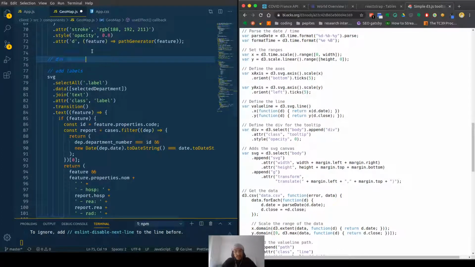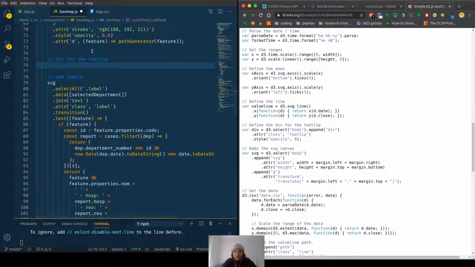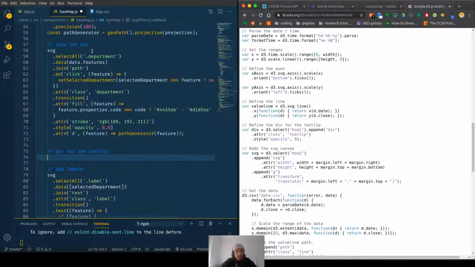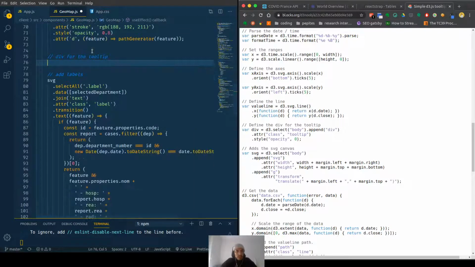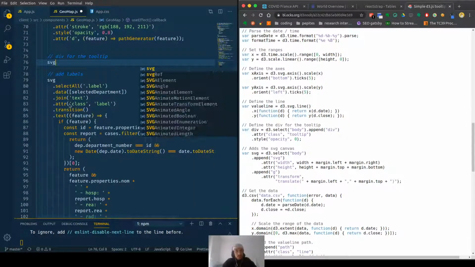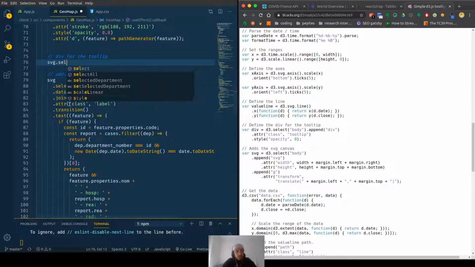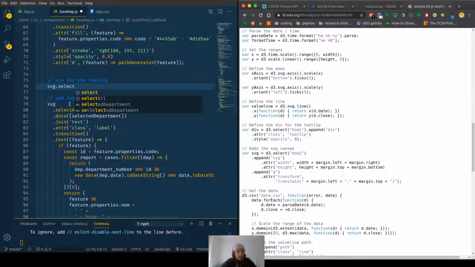Div for the tooltip. So how is it done? Because for the labels it was this, so svg dot select all